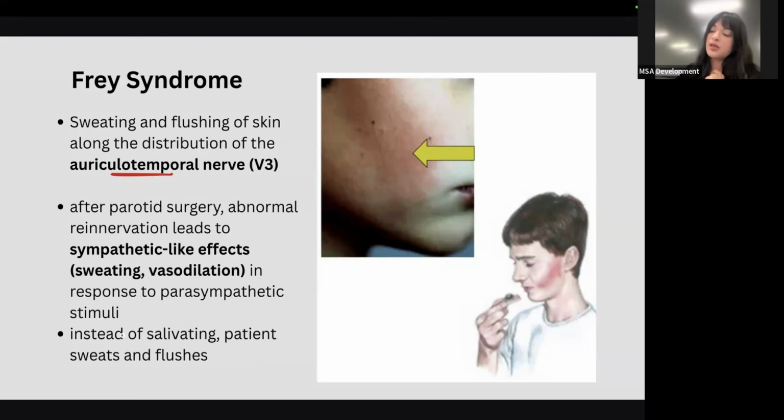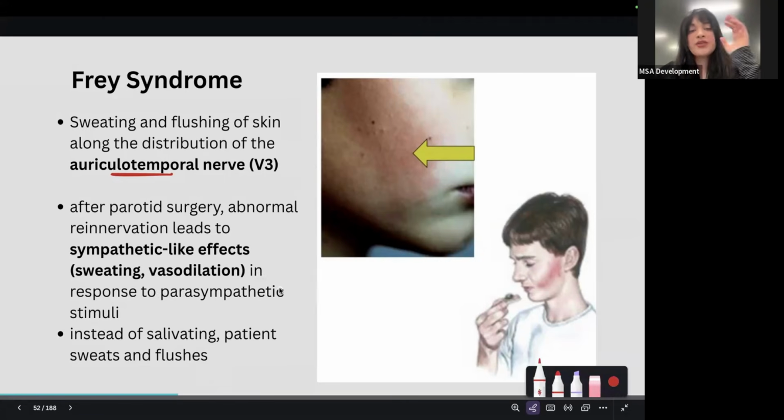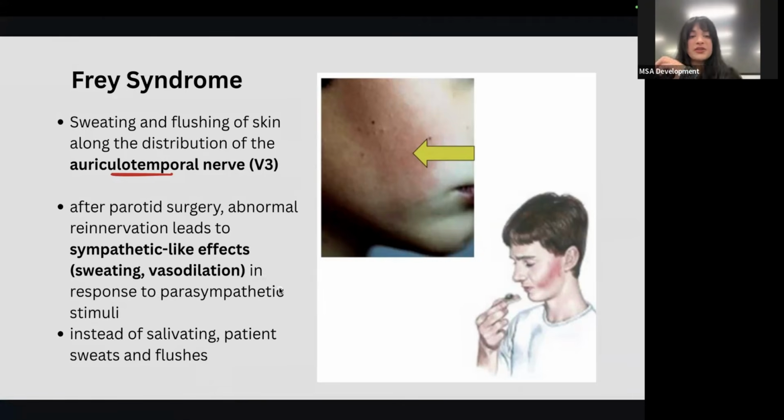So instead of salivating, the patient is going to sweat and flush, right? Normally, you have parasympathetic cranial nerve number 9. It goes through the otic ganglion, it hitchhikes onto the auriculotemporal nerve, it goes to the parotid gland, right? After surgery of the parotid gland, for any reason, the parasympathetics are going to regenerate,